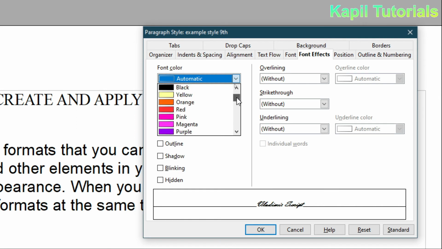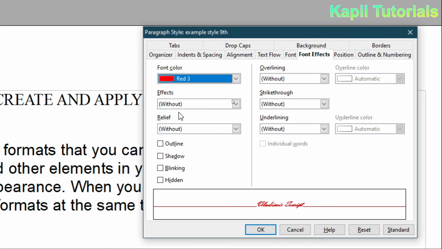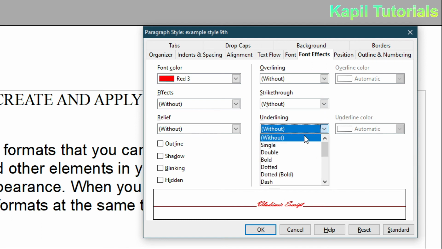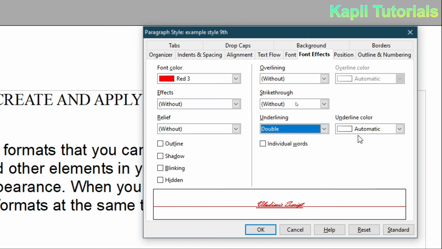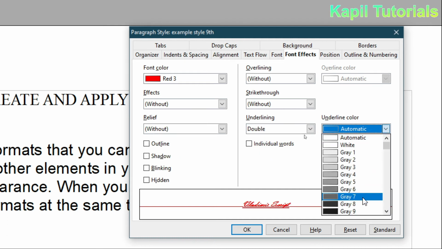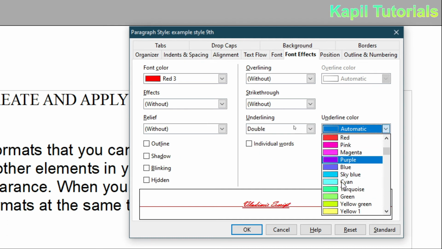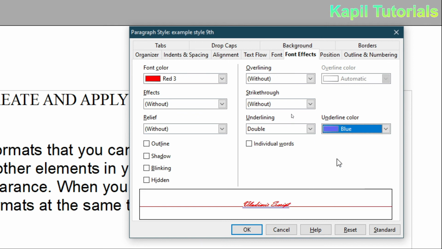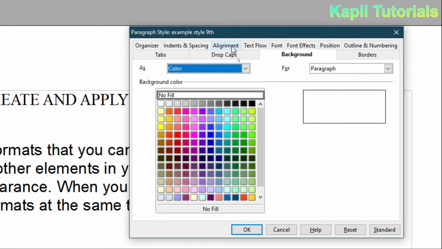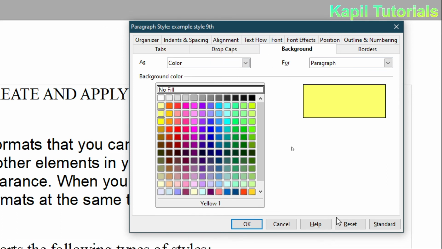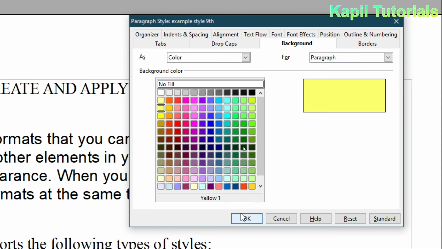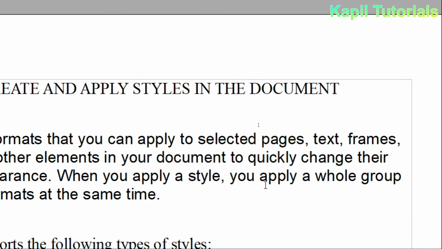Font color, suppose I want to select red, and then underline I want to go with double. Underline color I want to select blue, and then some background color also I can select, suppose light yellow.